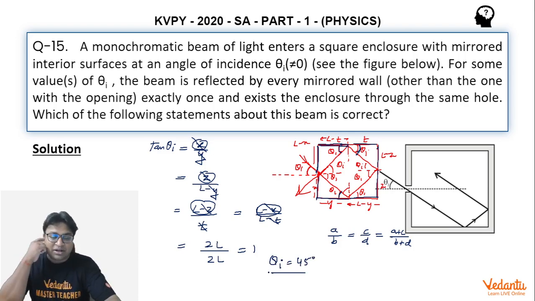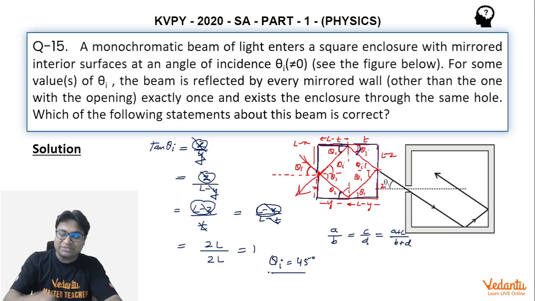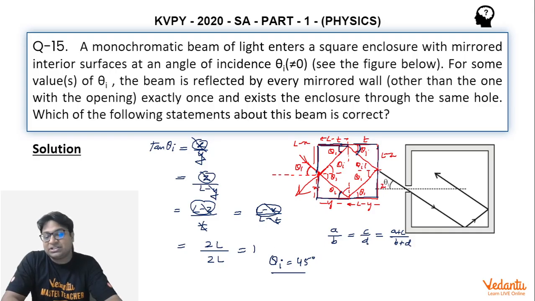If you go by this method, you can see that this question was a very simple question. But let me assure you that the idea that we can just name these sides like this, and find out the value of tan theta I and proceed like this, just doesn't click in the first go. And if it did for you, then you can consider yourself lucky enough or very intelligent that you were able to see through the solution of this question.